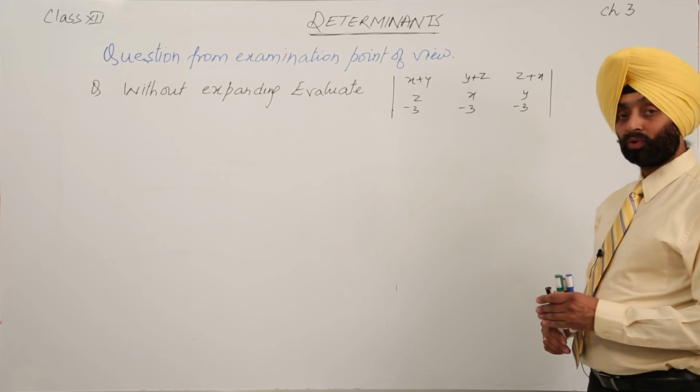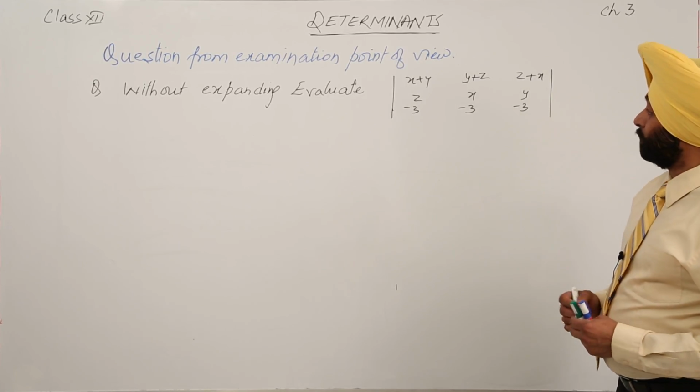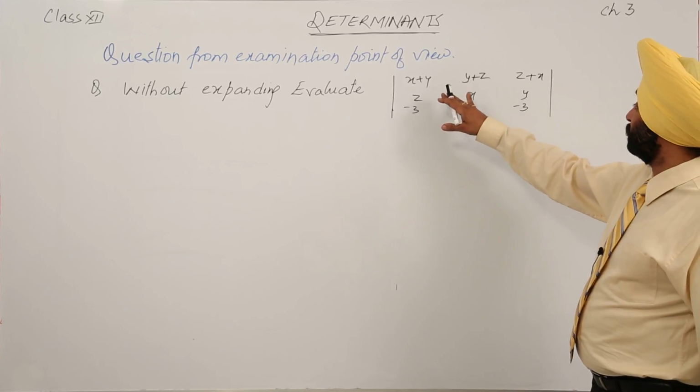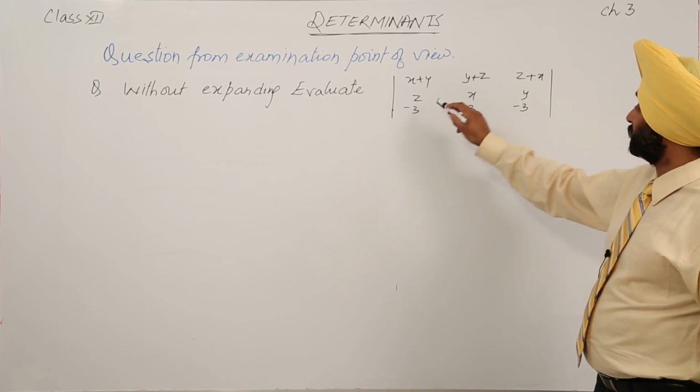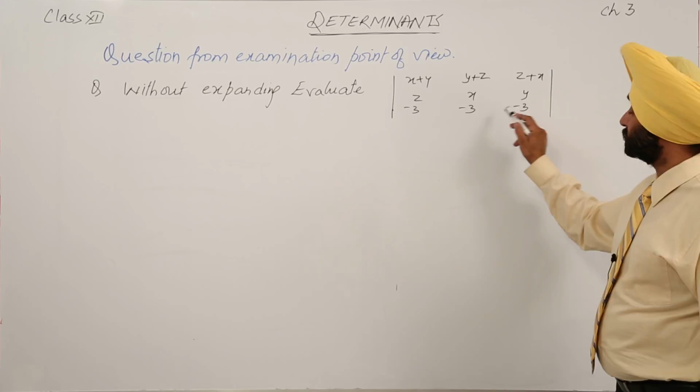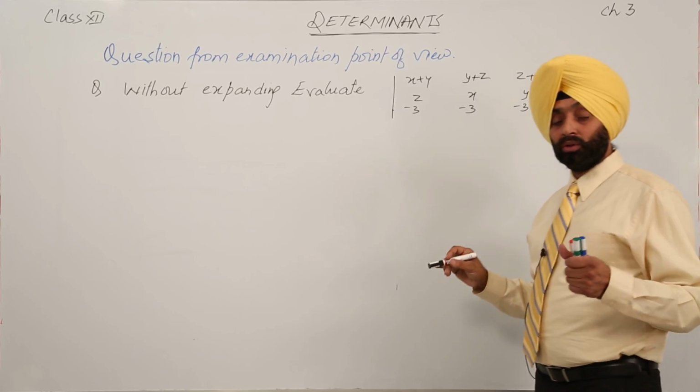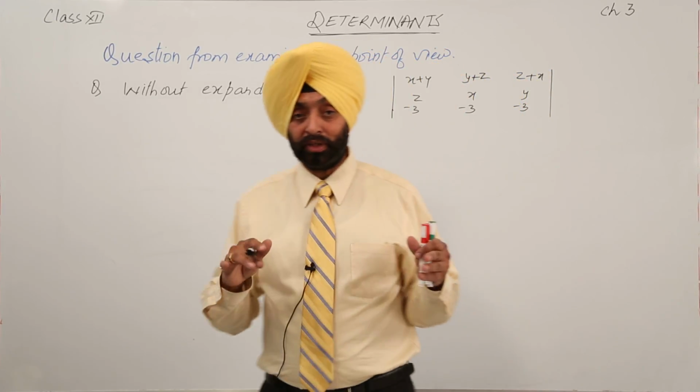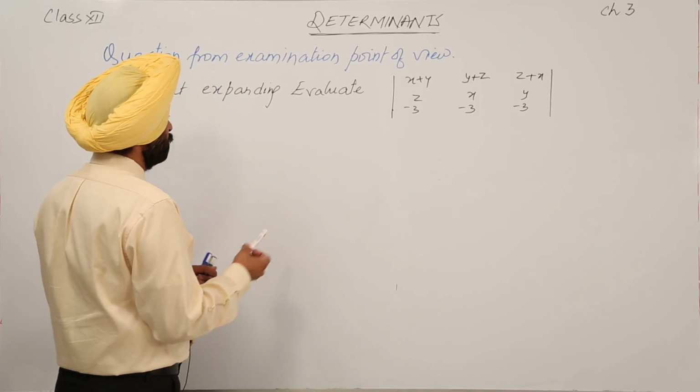A question from the properties. Without expanding, we have to evaluate the determinant with rows x plus y plus z, z plus x, z x y, minus 3, minus 3, minus 3, without using the expansion. Okay, now we are having